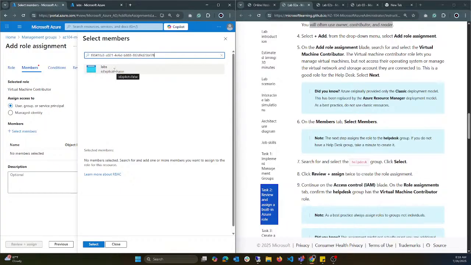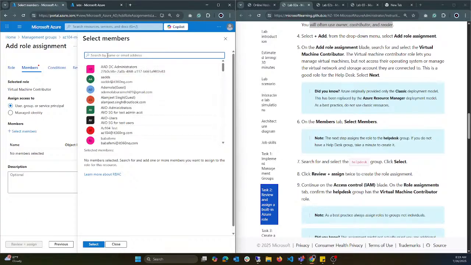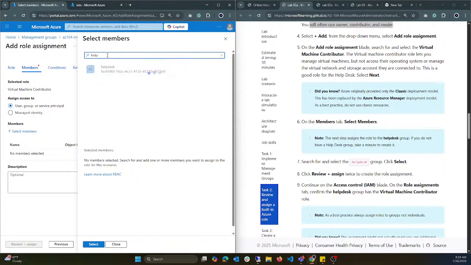I can also come here and search for that particular identity by clicking on the managed identity and searching for it. But for this particular lab, I'm only looking at assigning a role to this helpdesk group that I've created,